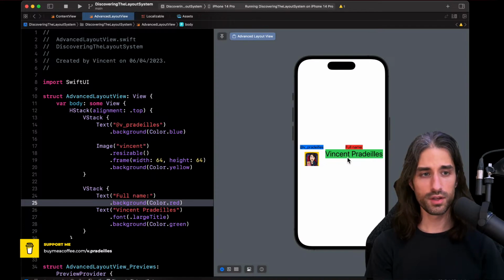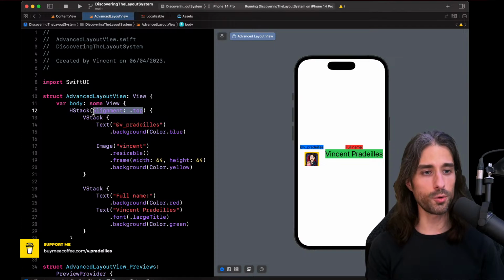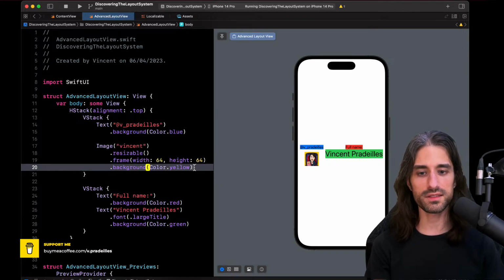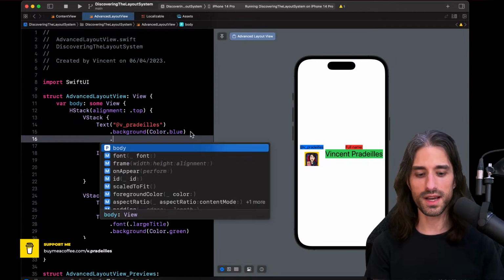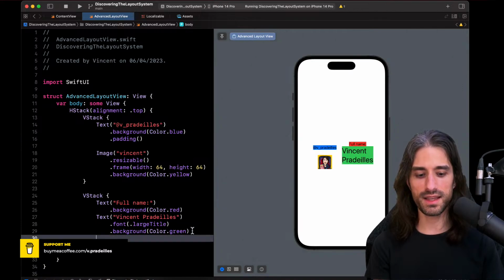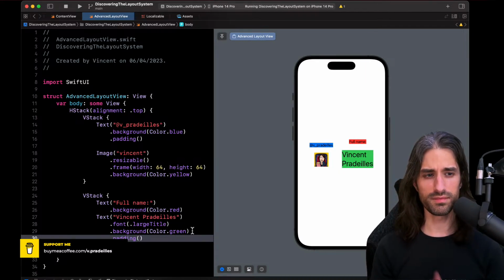It's impossible to do it because these simple alignments are scoped, we could say, to each of the child views, but there is no way to make them communicate. So how could we? Oh, you're saying to add a padding to make it clear they are not aligned. Yes, why not? I could add a padding here, and then add another padding there. Okay. Indeed, it makes it easier to see. Great suggestion.